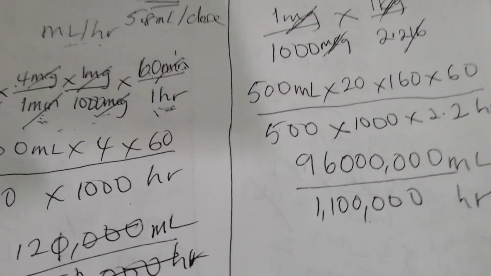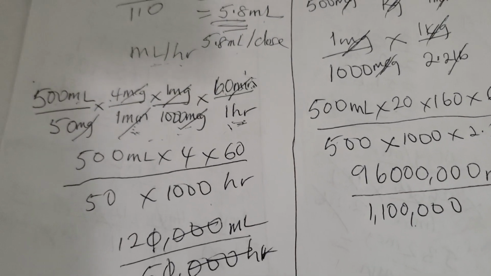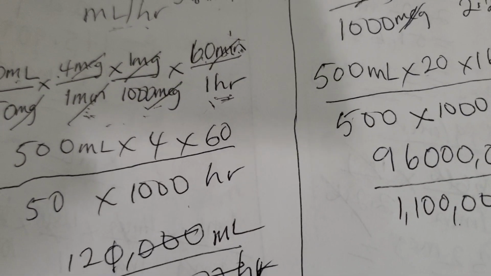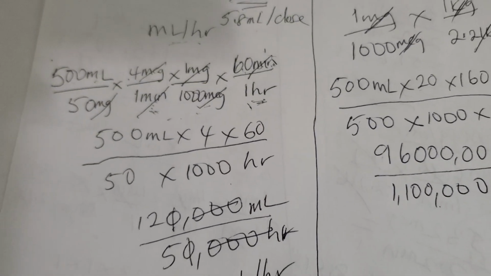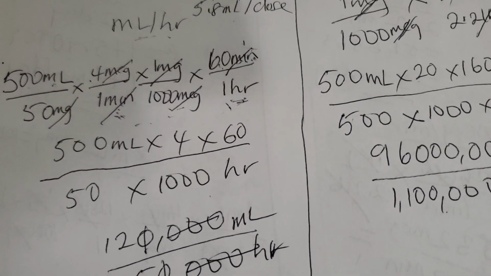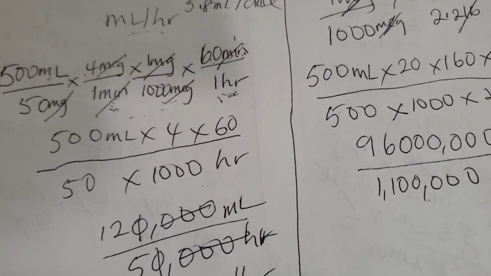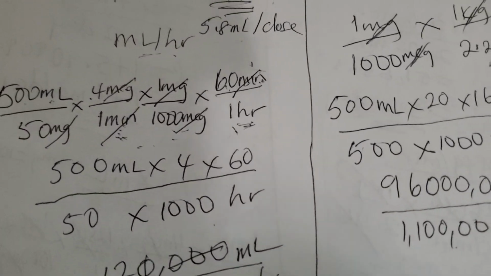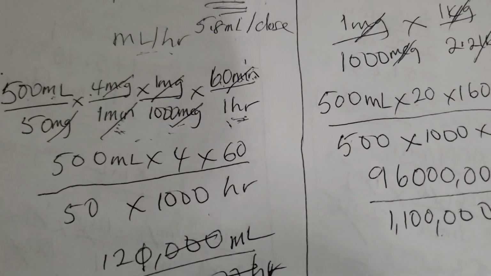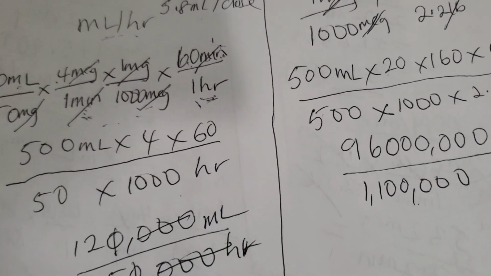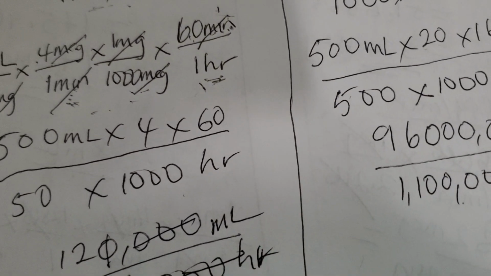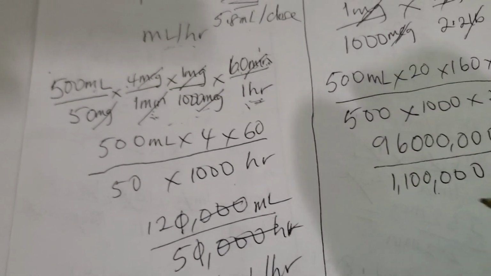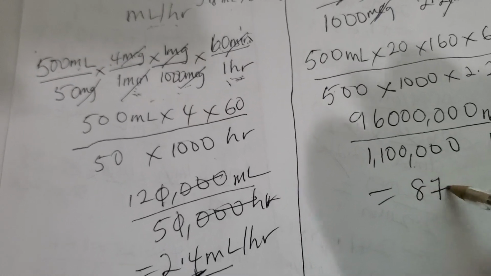Okay, so let's divide it and see. 96 with 6 zeros, divided by 11 with 5 zeros. Make sure my zeros are 5 of them, and this is 6 of the zeros. Okay, let's divide it, and the answer will come up to